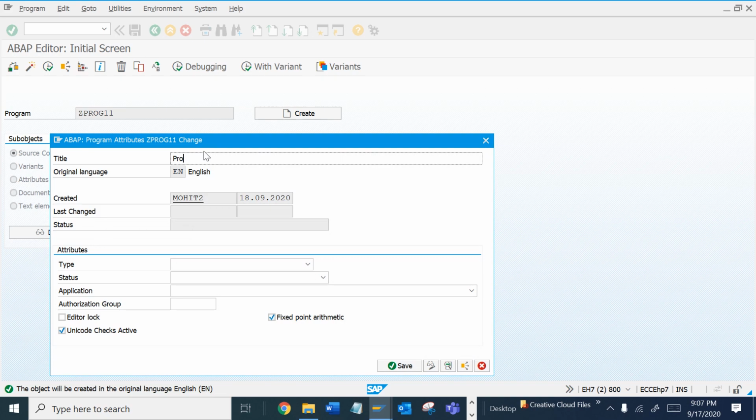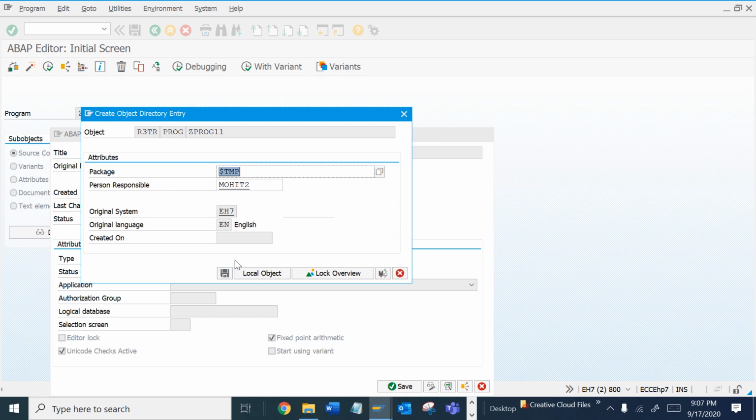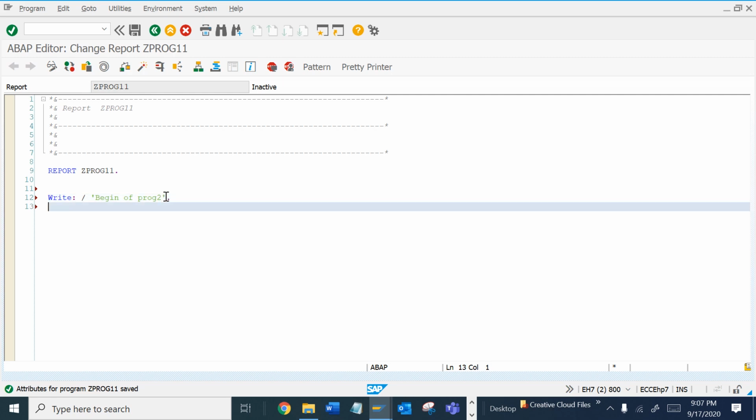Let's say program 2, and I want to write some text, "begin of program 2", and then "end of program 2", and then activate it.